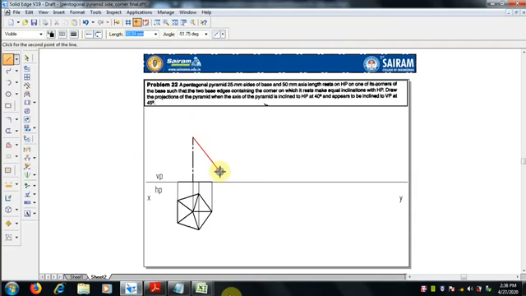Now it is done, and we can join the slant edges from each corner. We can select the continuous line with 0.5 mm thickness and join all the slant edges with the apex. So this is the apex.